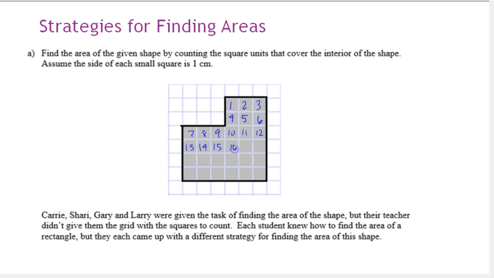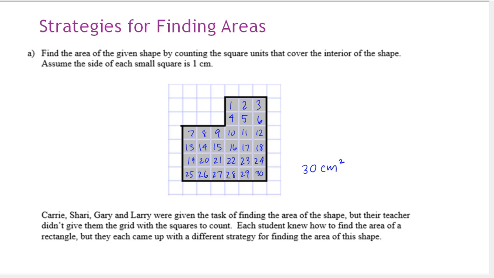Okay, and you probably know lots of other strategies already that are quicker than this, and we're going to investigate some of those soon. So 22, 23, 24, 28, 29, 30. Now we were told each small square is 1 centimeter, so we know this is 30 square